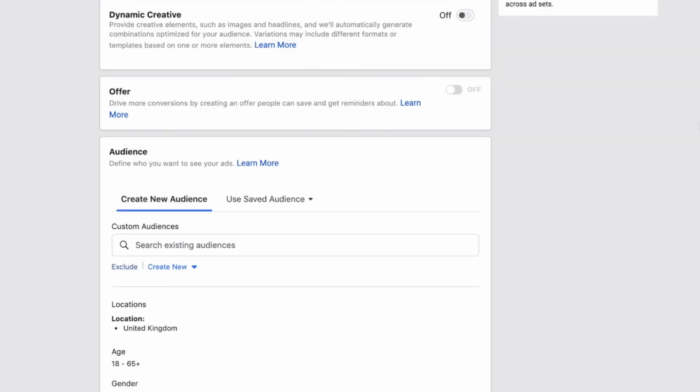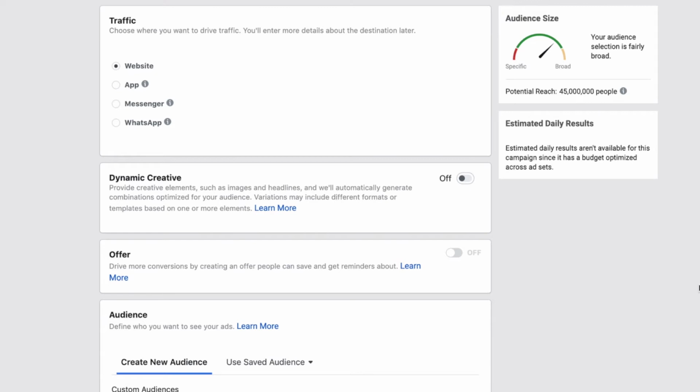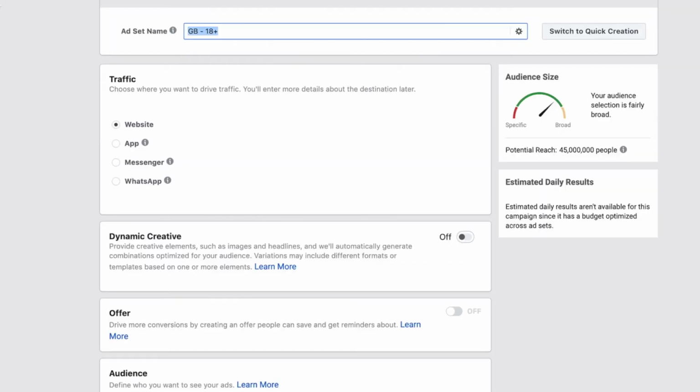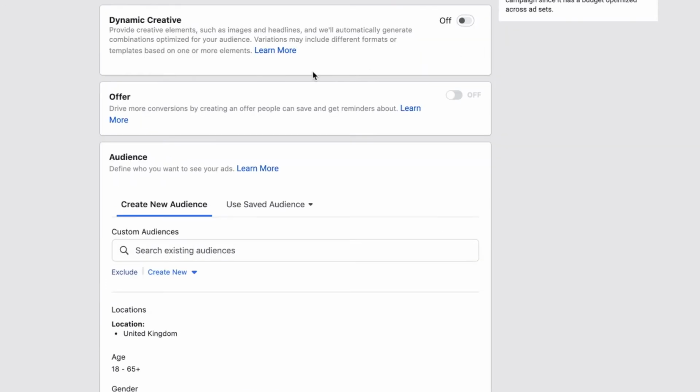So once we go on to continue, it's where do we want these to run and where do you want the traffic to be driven to? So let's call this ad set name. For example, I would generally give this the advert or the song names. The dynamic creative can work, but in this instance, it's best to make the post video yourself and just leave it at that. An offer can be if there's a discount, say buy an album or something like that, we can switch that on.